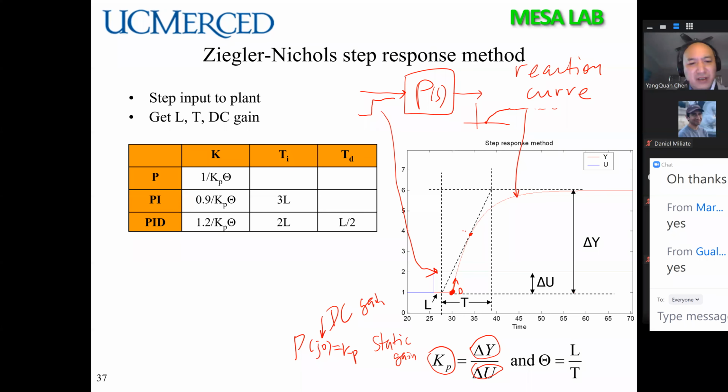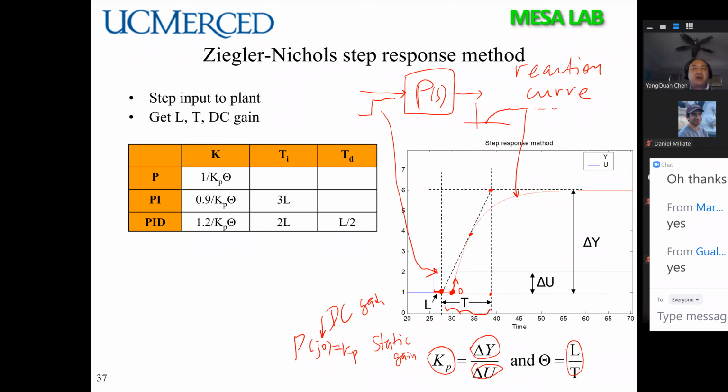This is called the inflection point. Then you draw this tangent line and this rectangle. You choose this one as T, and the starting point L could be pretty small. So this L divided by T